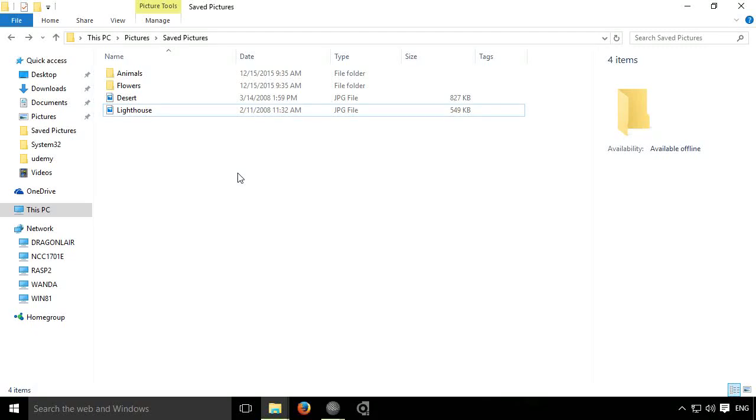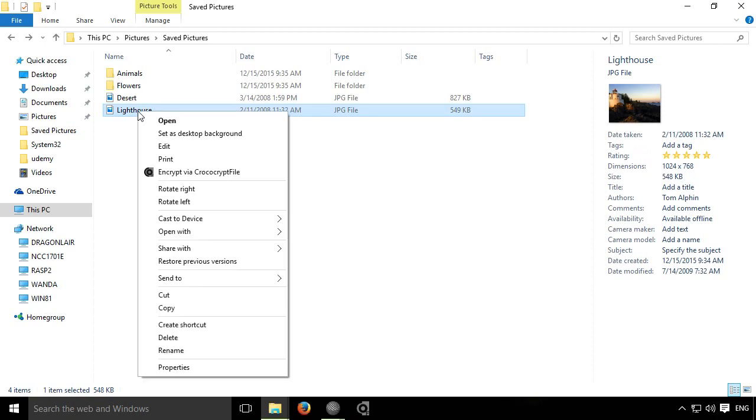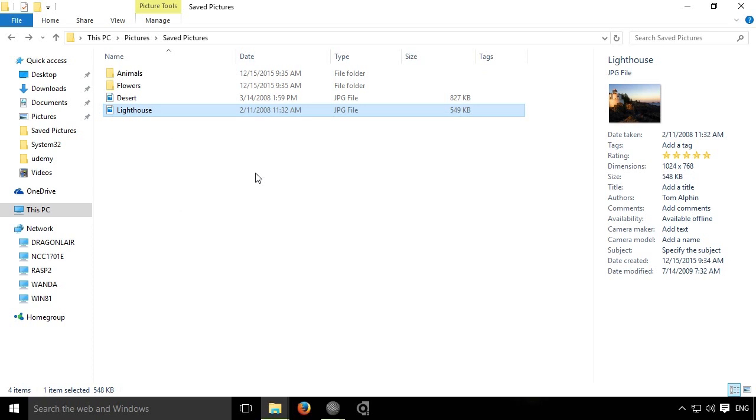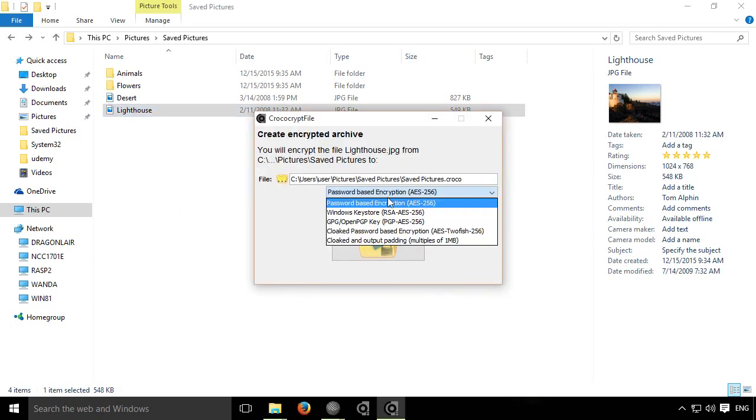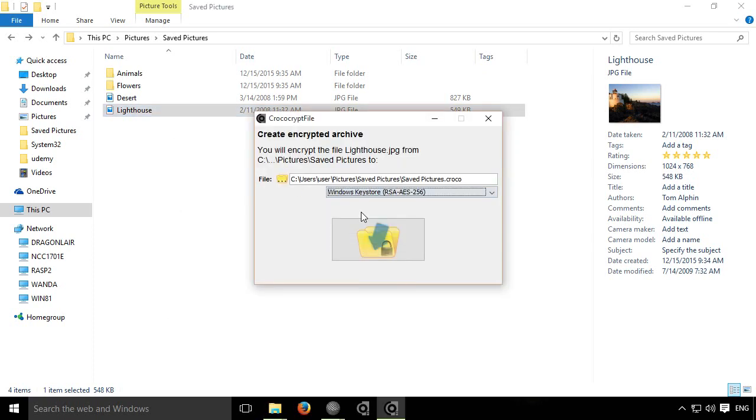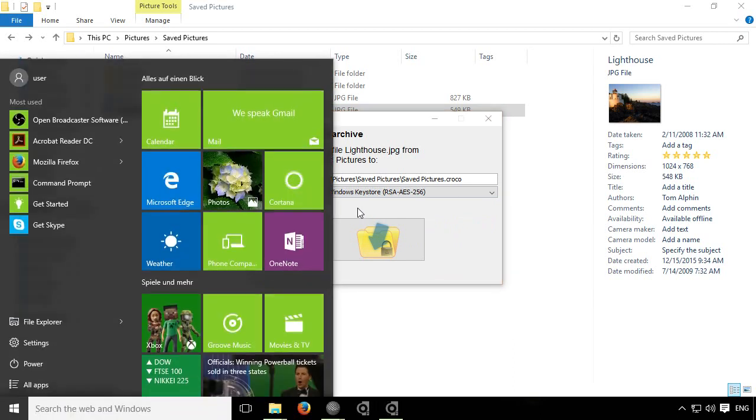Now I want to show you the token-based ways of encrypting files with CrococryptFile. As you can see, we're in the same folder as when we used the password-based encryption. In this example, I will only encrypt a single file. So again, I choose Encrypt via CrococryptFile, and now I will use the Windows Keystore to show you what is